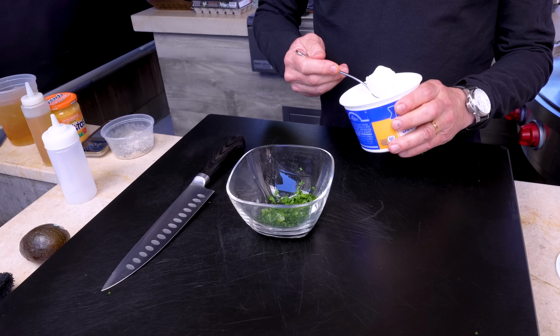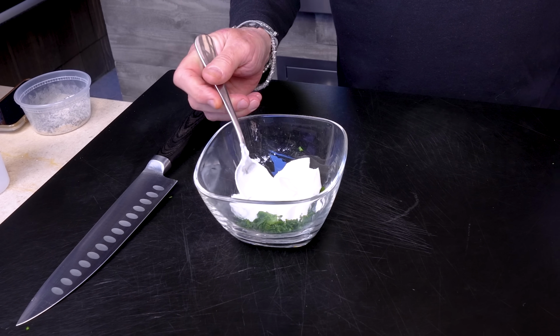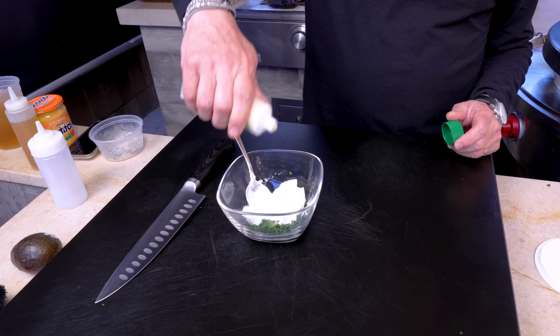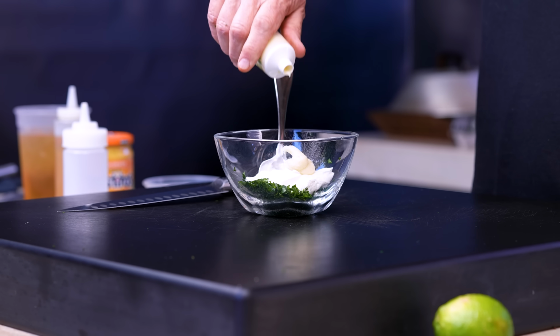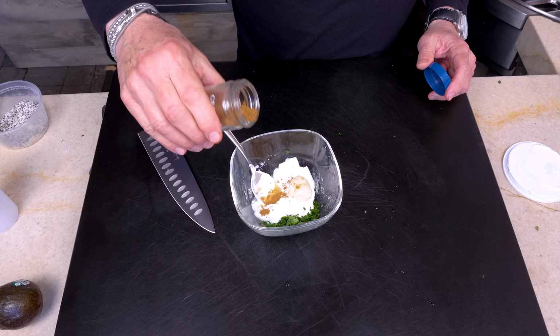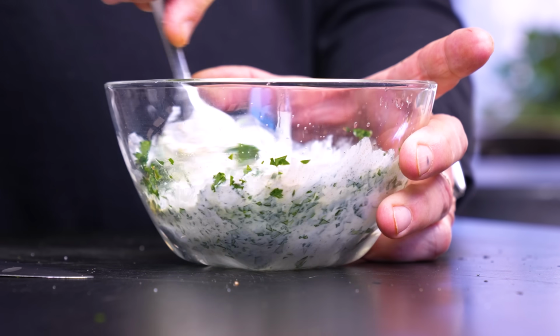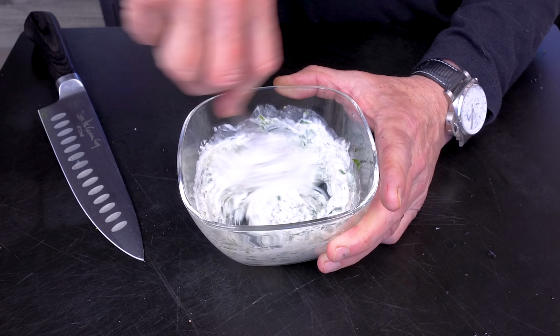We give it some sour cream. You know, you could use non-fat Greek yogurt if you wanted to, but I like the richness of sour cream. Give it a good tablespoon or so of minced garlic, half a lime. Nice. Another little hit of cumin, salt and pepper. We mix, but we don't want this thick like this. So to loosen it up,